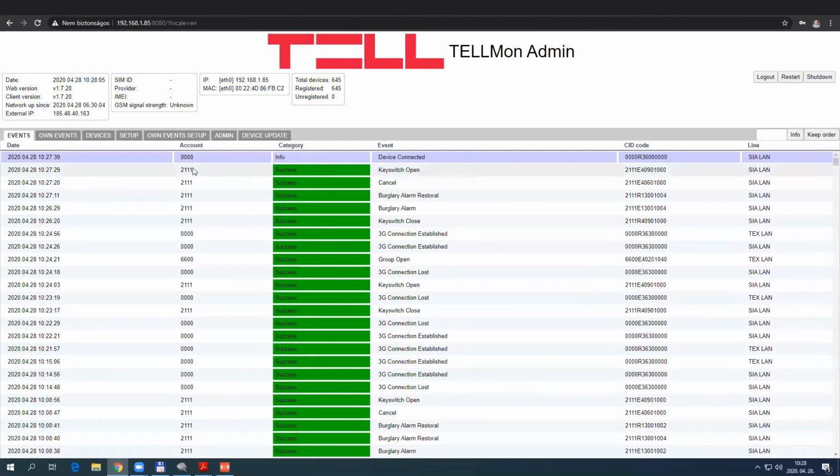And we are expecting messages with account ID 2111. So let's say if I arm the system, and make an alarm,